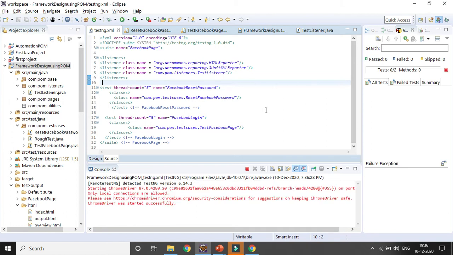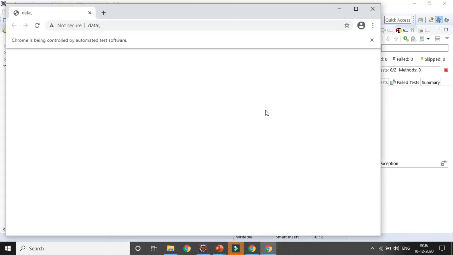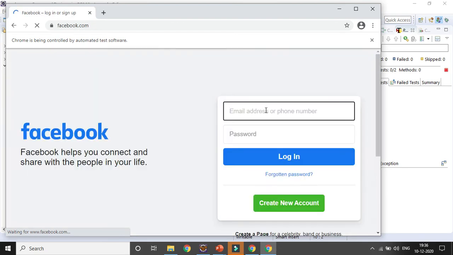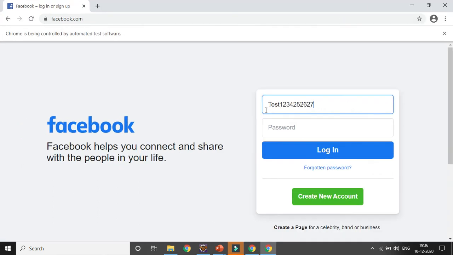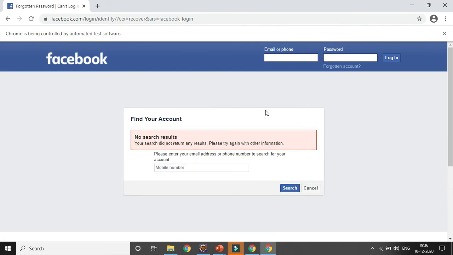It will be launching the Chrome browser. It will execute the Facebook reset password test case first, which will fail because of the error message mismatch, and the other test case will pass because there is no error message mismatch. For the passed test case, it will take from the listener class, which will be onTestSuccess.